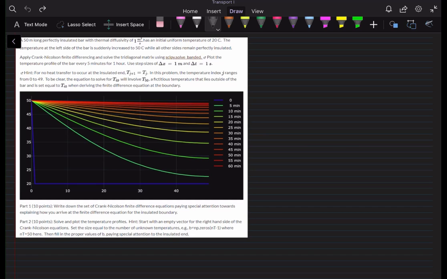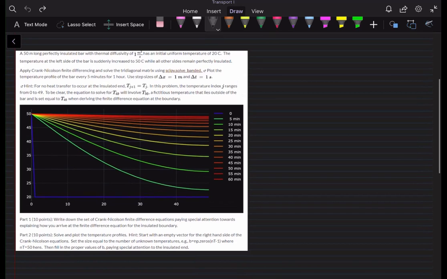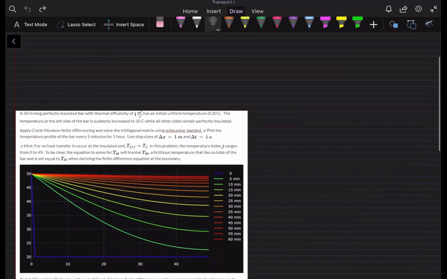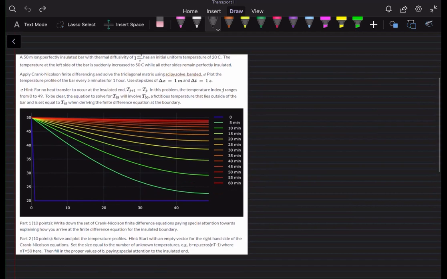So basically we have a 50-meter long bar with the left side suddenly increasing to 50 degrees Celsius and the right side remaining perfectly insulated. It asks us to plot a temperature profile of the bar for every 5 minutes for 1 hour, and we are given what delta X is and delta T. And it also says for no heat transfer to occur at the insulated end, which is TJ plus 1,